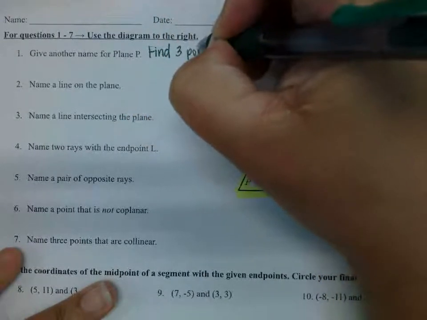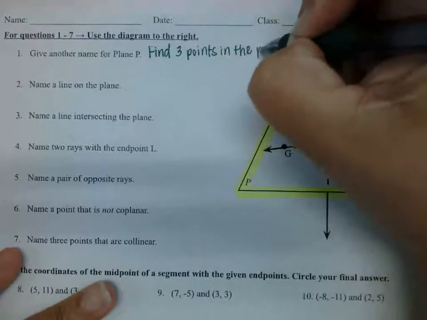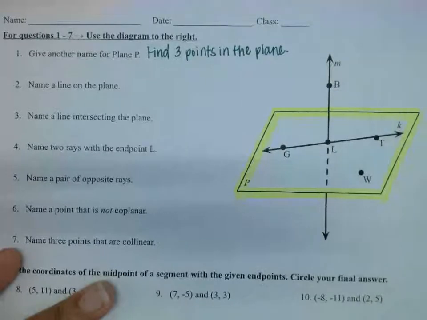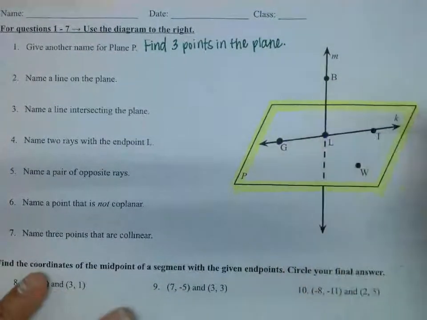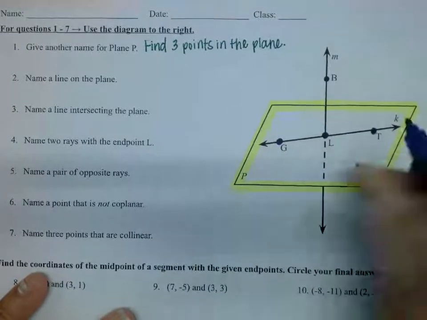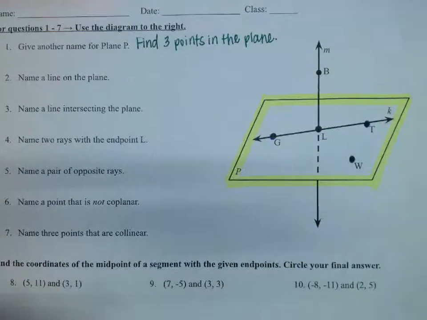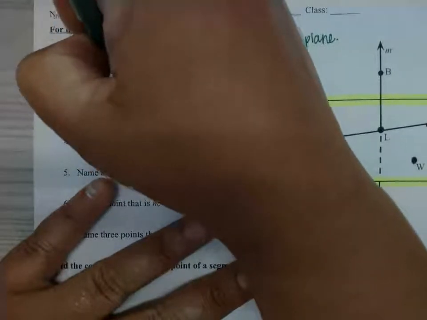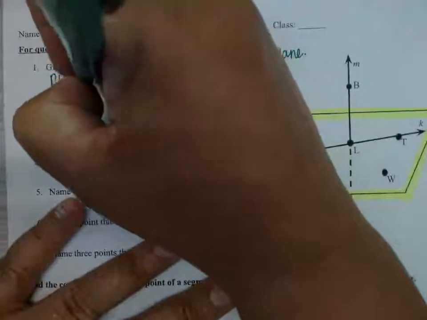Well, if we look here, we have G, L, T, and W. All of those points are inside this plane. So a combination of those 3 points is what you're looking for. You put the word plane, and then you're either going to do GLT, that's an option, plane WTL is also an option,